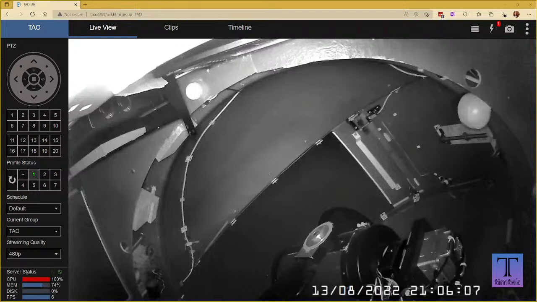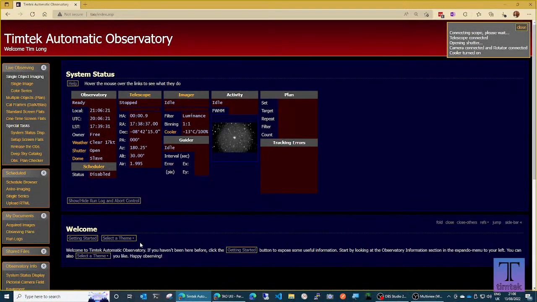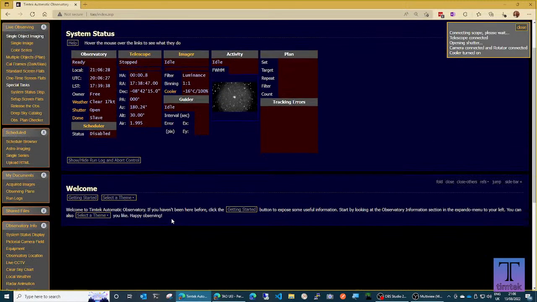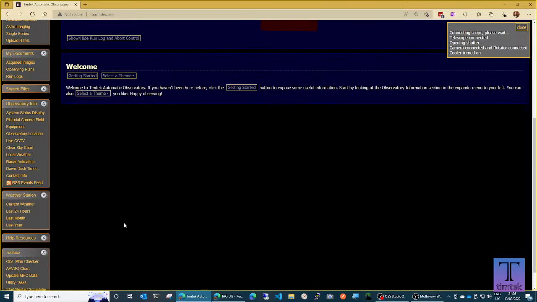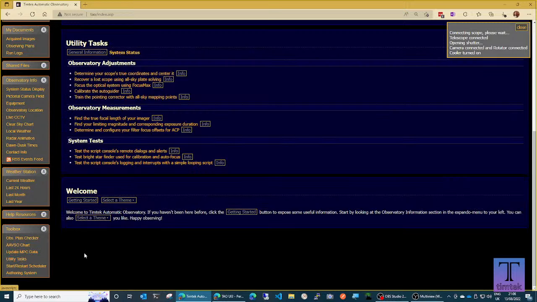What we need to do is to remote into the observatory. But before we do that, I'm going to do as much as I can remotely. For various reasons, the observatory computer doesn't like me remoting in, so I have to be a bit careful. And we can use one of the utility tasks in here to... Oh no, we're not focused, are we? Okay, so let's